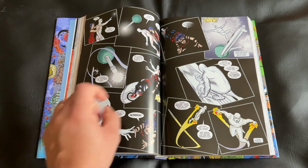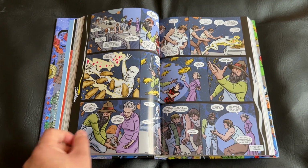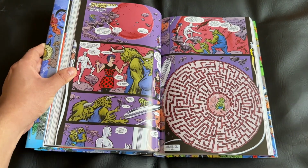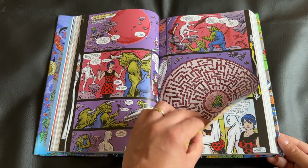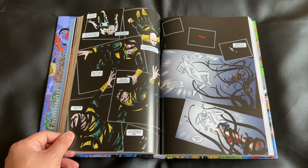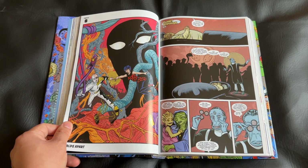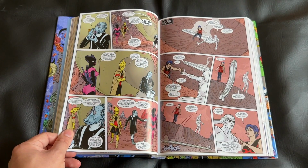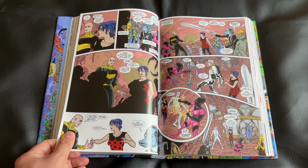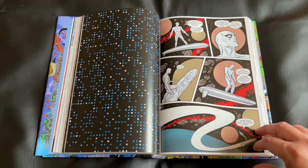I feel like you can read this entire run as a self-contained Silver Surfer epic and just kind of go about your day. Yes, you can read previous or after the fact runs and still thoroughly enjoy this, but you can actually pick up this single volume and just read this as a self-contained narrative. I would not say that there's a ton of prerequisite reading required. I do think it would help to know the Silver Surfer's backstory as the Herald of Galactus, some of his history with the Fantastic Four and the Marvel Universe, but beyond that, there really is no necessary knowledge, and even that is covered here for those that maybe don't have a functional understanding of the Silver Surfer. And I really like that. The way that this is so easily accessible for new readers makes it a perfect entry point for our favorite